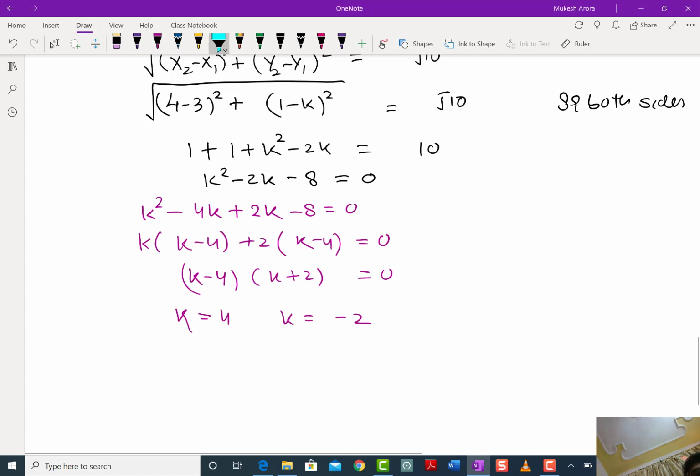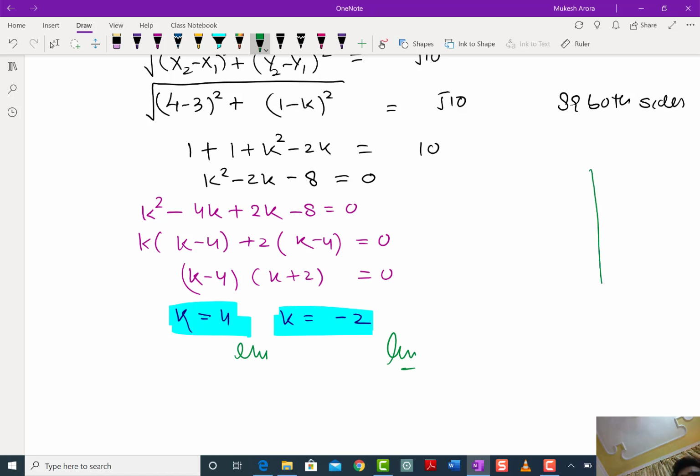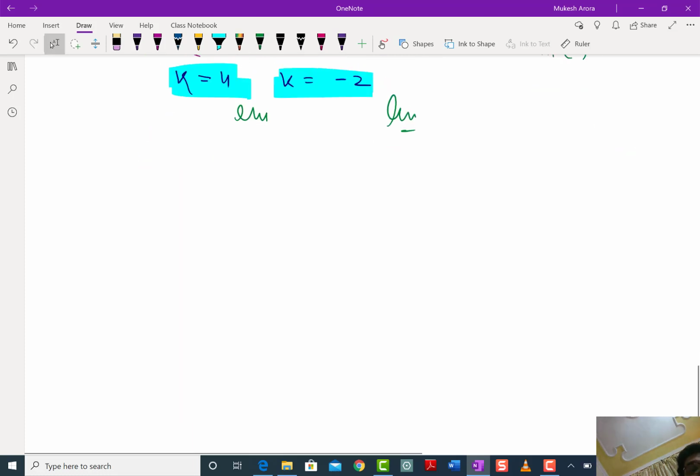minus 2. Most of the time students get confused whether we can get the answer in negative or not. We can get it in coordinate geometry, because if you see here all points are negative, right? So k can be anywhere. In coordinate geometry, whenever we find the answer, it can be negative, it can be positive, provided any condition is not given. This is question number 4. This is also very important. Students most of the times make a mistake in this.